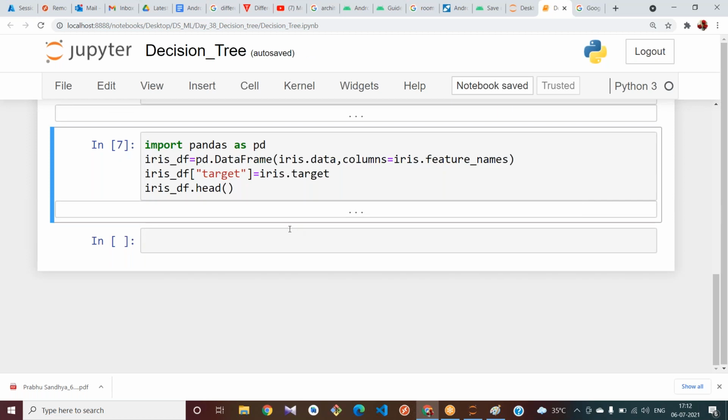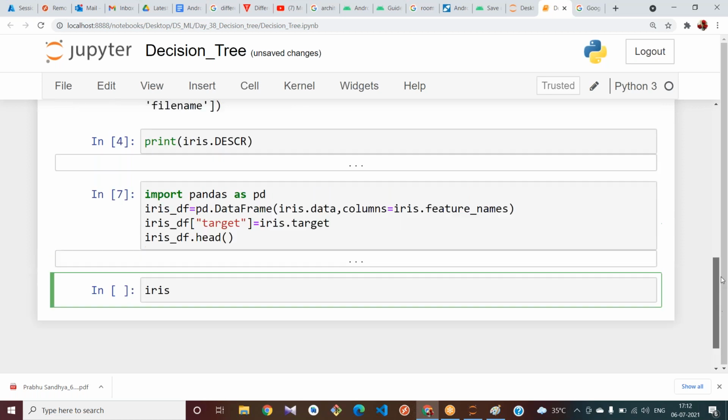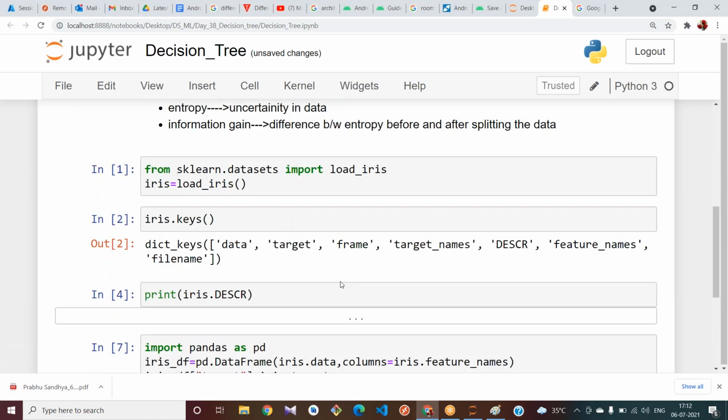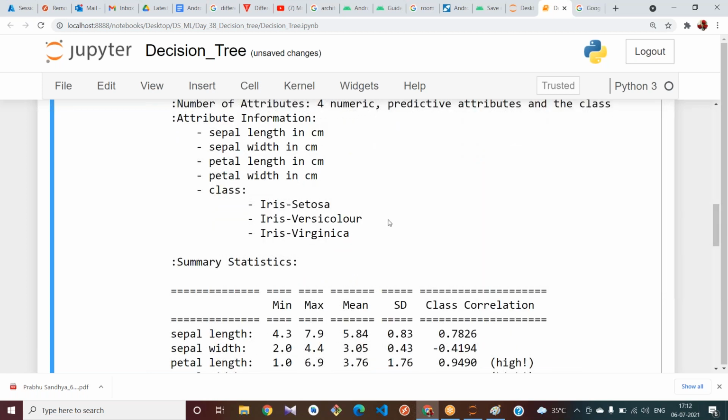How many target values do we have? You can see it in the description. We have 3 classes: Setosa, versicolor, and Virginica. For Setosa it is 0, for versicolor it is 1, and for Virginica it is 2.